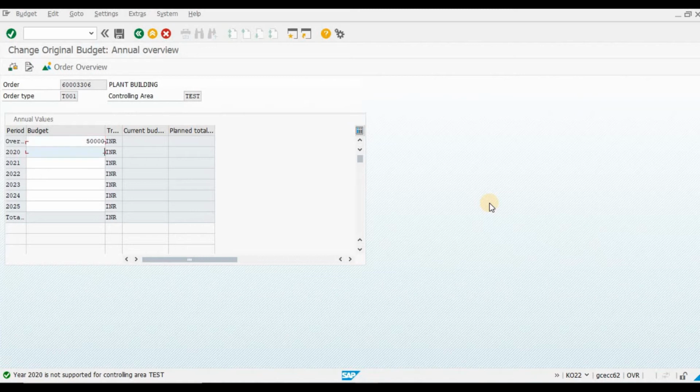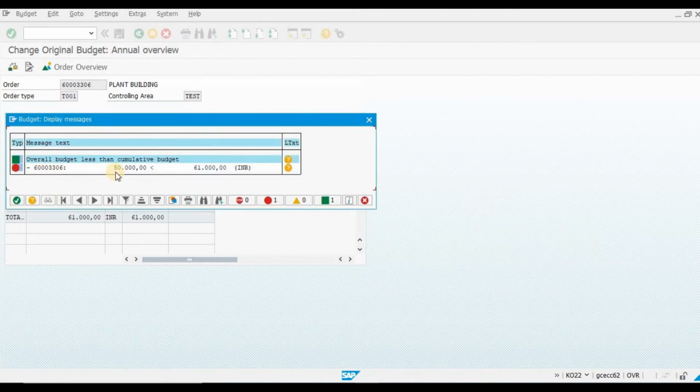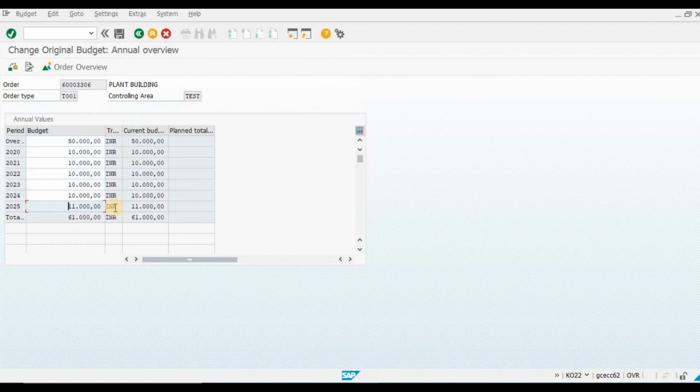Overall budget 50,000. Suppose I input 11,000. The system will not allow. The system shows overall budget less than cumulative budget. So I have to revise this one.